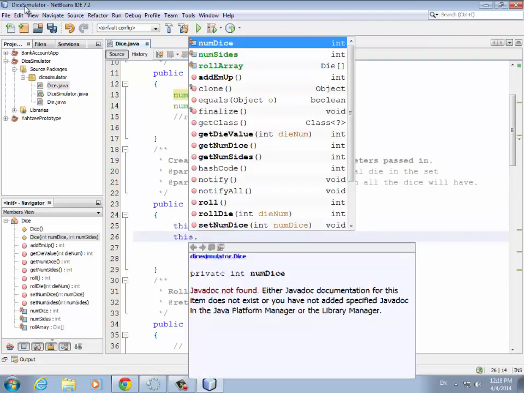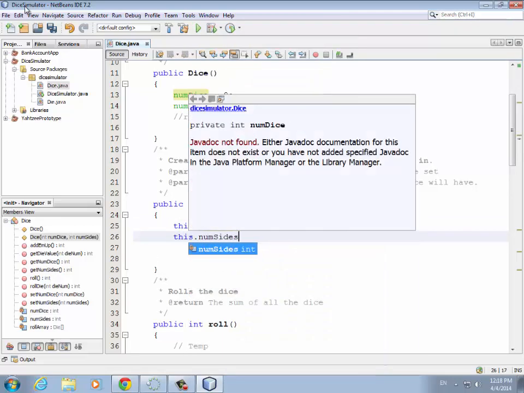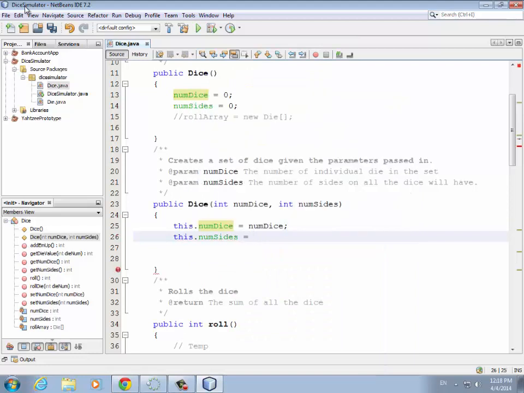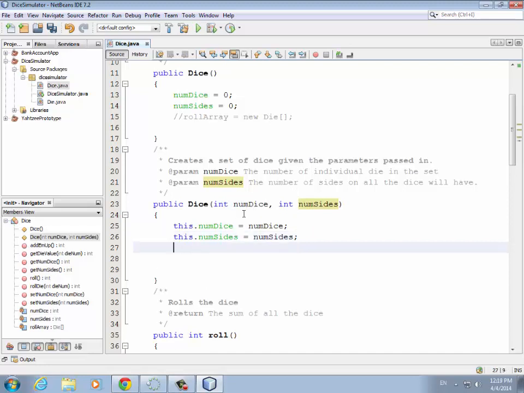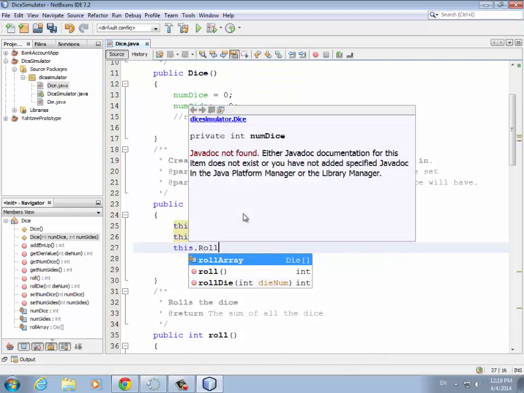This dot numSides equals numSides. So this is the one in the class. This one is the one that's coming in as a parameter. Yeah, that's fine. And then the last thing, this dot roll array